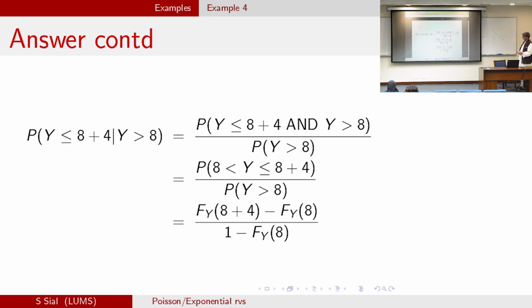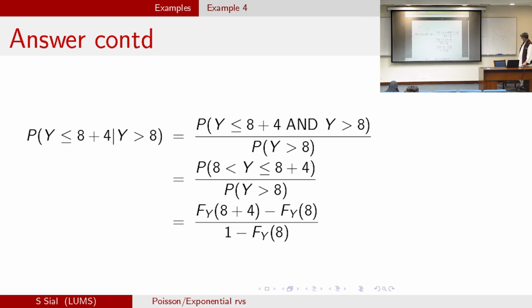Okay. Well, if y is less than or equal to 12 and y is bigger than 8, that means the numerator probability here is the same as the probability of y lying between 8 and 12, divided by the probability that y is bigger than 8. What does this mean? The probability that y is less than, see, this is the CDF then,